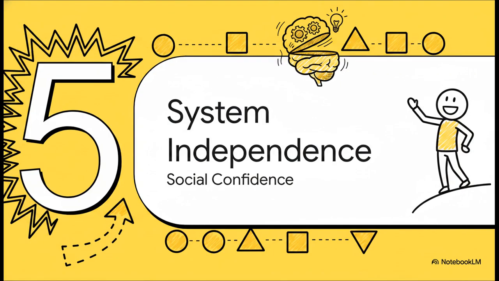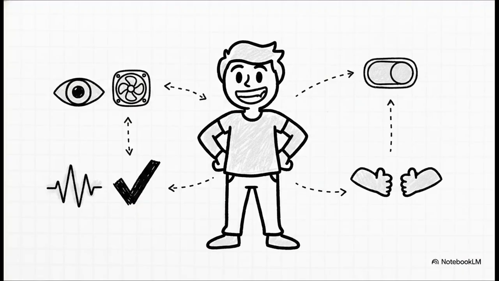Finally, Section 5, Achieving System Independence, Navigating Socially with Confidence. Let's take a look at your final output and how these microactions lead you straight to total, confident social independence. Your confidence is about to skyrocket because you'll stop viewing your quirks as bugs. A low-volume word, a gaze shift, a shrug, they're no longer failures. They are intelligent, manageable steps in your incremental workflow. When you shift your gaze, you'll know for sure you're just taking a safe wait state to let your CPU cool down. You are calling the shots.